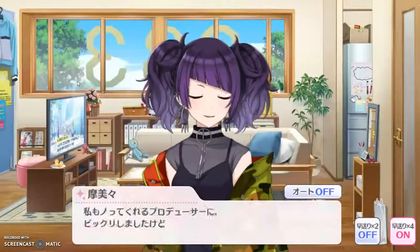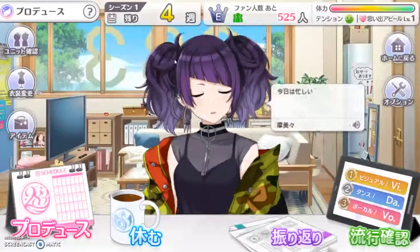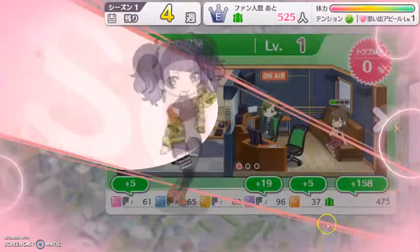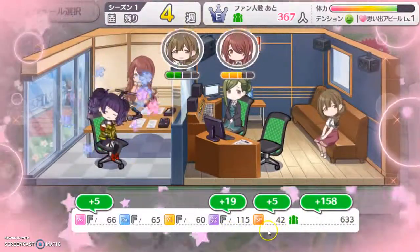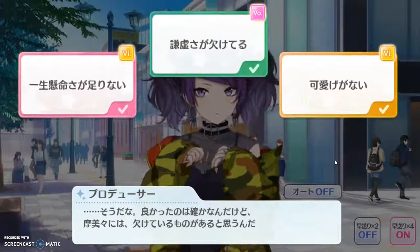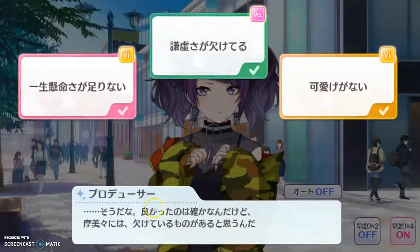So, a morning Kumi, we choose a perfect answer, and her bond increases slowly but surely. And we'll continue. Our health has reached 115 now, and the room level increased, which is pretty nice because it will increase the amount of health and fans you will get when you use this room. So now